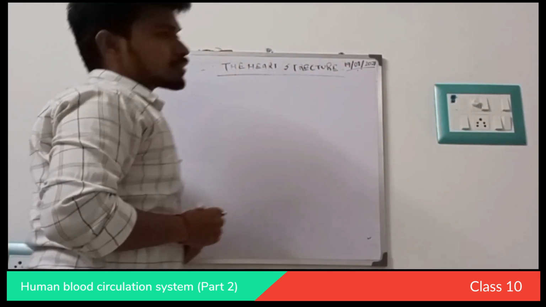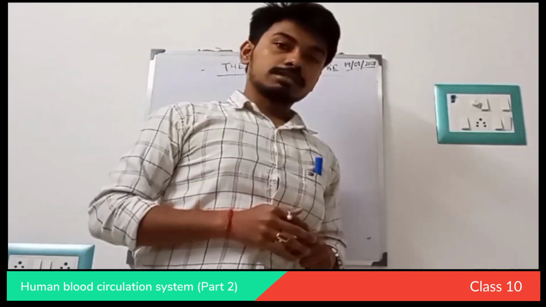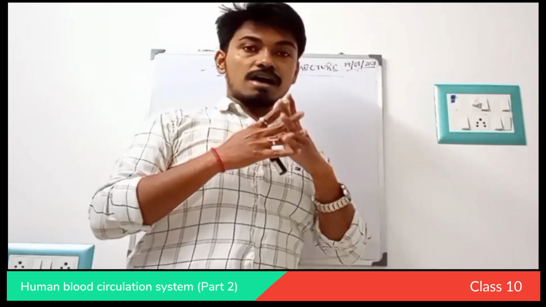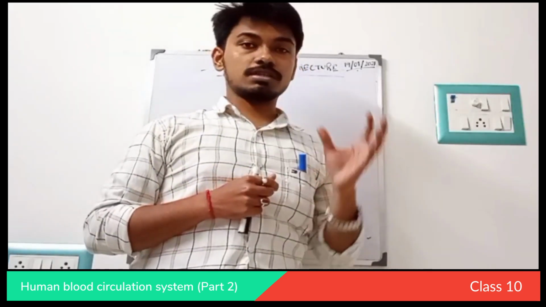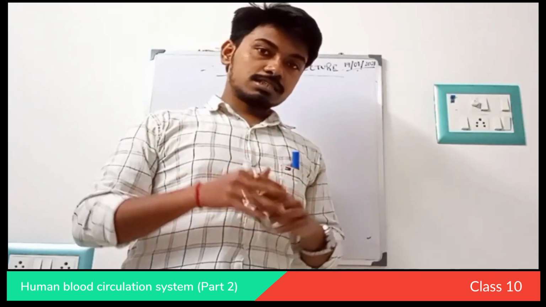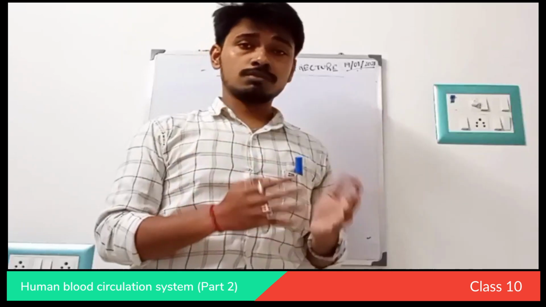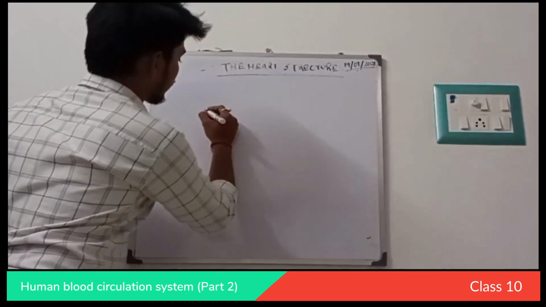So, in the heart structure there are mainly two kinds of AV valves and two kinds of semilunar valves. Semilunar means it is like a cusp with the lunula. If you see the moon, there is a half concave structure, and that is known as semilunar structure. It consists of three sinuses of valves.